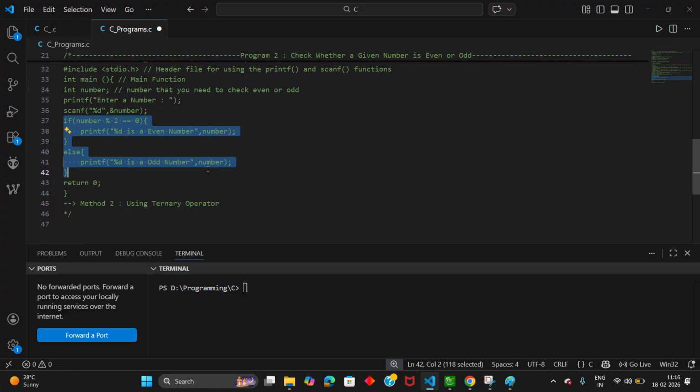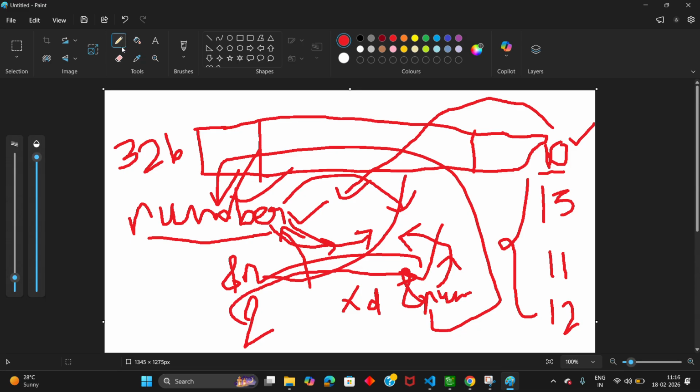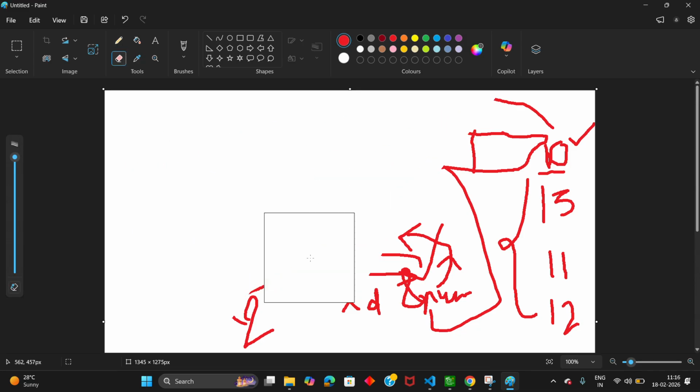Before that, let me discuss some theory related to the ternary operator. Let me erase everything over here. The ternary operator is an operator which contains three operands. First, you need to specify the condition, C for condition.